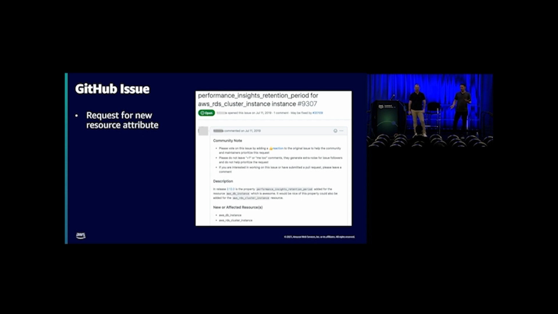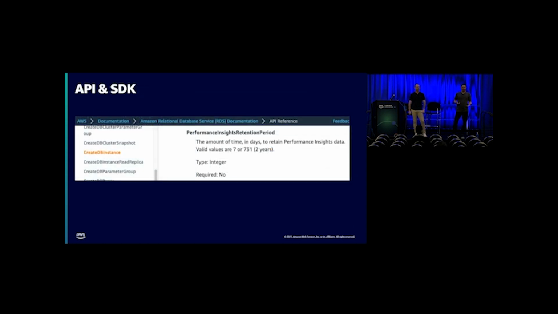So the first thing that I usually do is go look at the API. If you don't know what the call is to the API in this example, it's actually pretty easy because you can just look into the Go code because the resource already exists. So I did that. And I actually found that it's calling the createDB instance. So I went and I looked at the API.